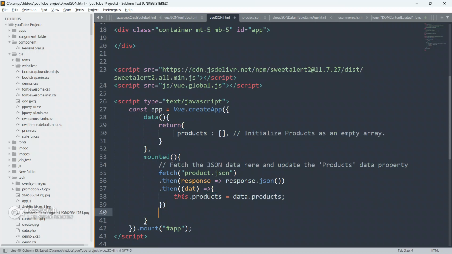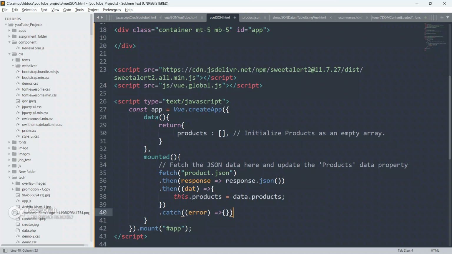Now guys, we also have to catch the error. So dot catch, error. If some error happens, we will alert the user that something is wrong inside the code or on the server side.